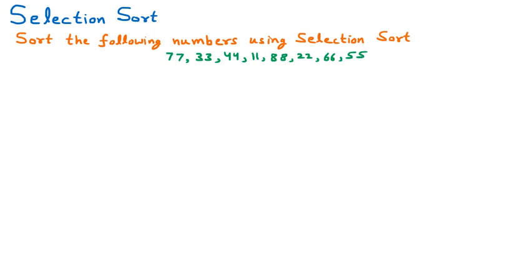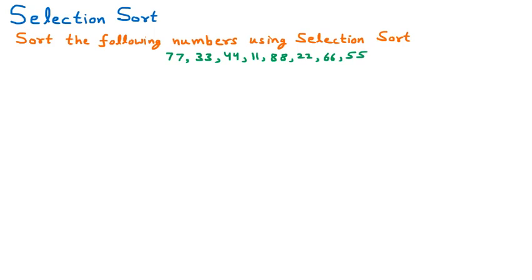Now we are discussing the selection sort. Selection sort means we are going to select the element and then we are going to sort. So we know that sorting means arranging the elements into some order. To understand the selection sort, we have an example here.